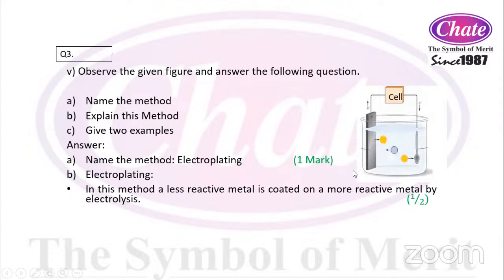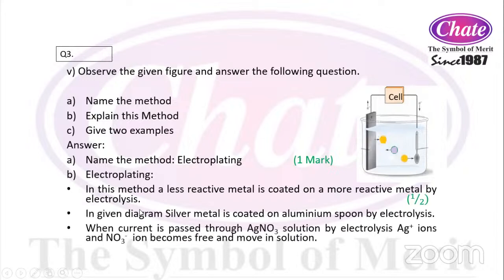So बुक में जो डायग्राम दिया है इसमें दिखाया गया है कि एल्यूमिनियम के स्पून पे हमें सिल्वर का कोटिंग देना है, तो लेस रिएक्टिव मेटल कौन सा है हमारा, सिल्वर, उसका कोट किस पे दे रहे हैं हम, एल्यूमिनियम पे, दैट इज द मोर रिएक्टिव मेटल। तो इलेक्ट्रोलिसिस से ये प्रोसेस होता है। इन गिवन डायग्राम सिल्वर मेटल इज कोटेड ऑन द एल्यूमिनियम स्पून बाय द इलेक्ट्रोलिसिस when current is passed through the AgNO3 solution।